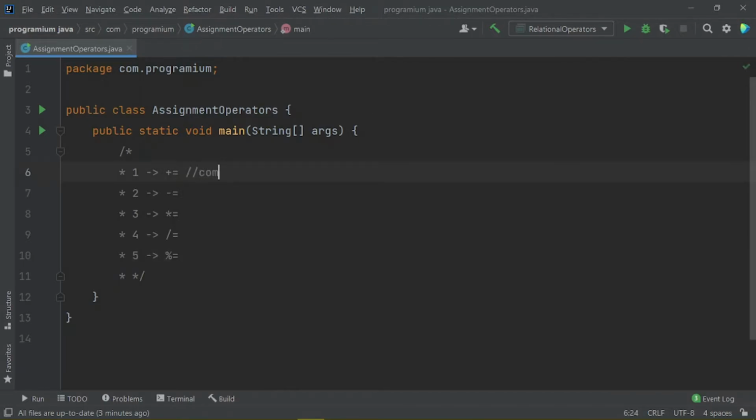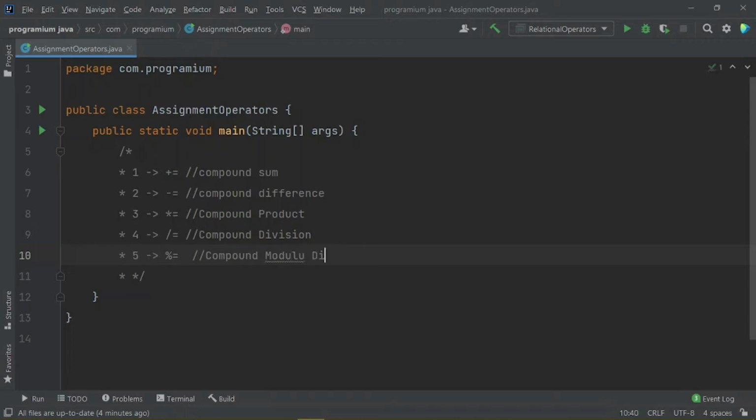So this is known as compound sum, and this is compound difference, and this is compound multiplication or product, and this is compound division, and this is compound modulo division.